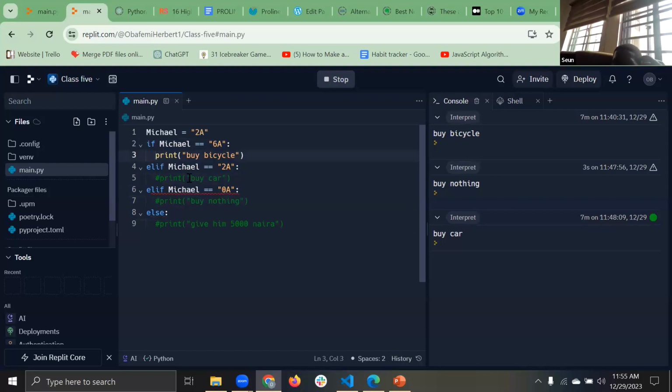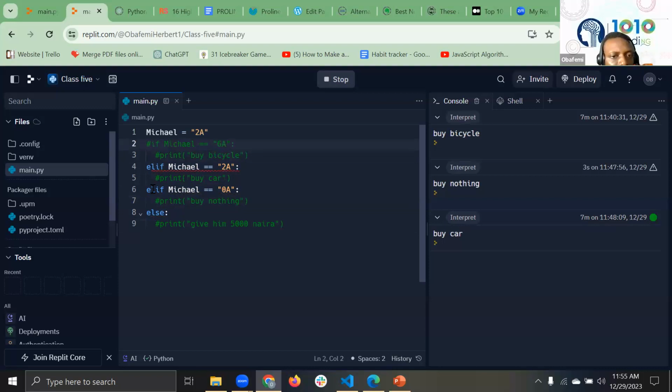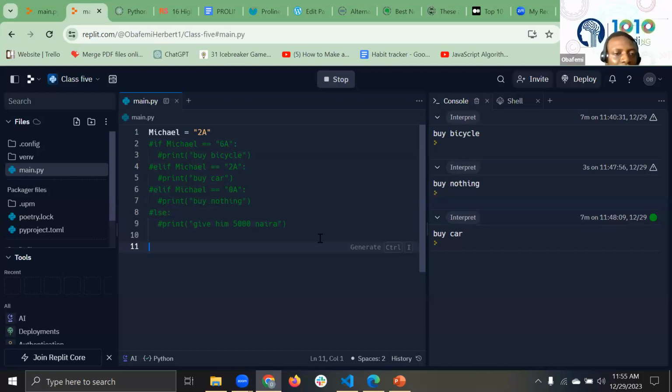Okay, so I'm just going to comment it out. Okay, so what we are going to do is try nested ifs. So this one is a bit different. You can actually put ifs inside another if. So you know the way we have if, let me say if